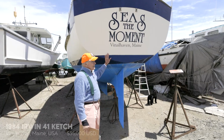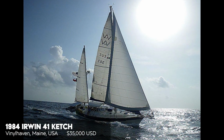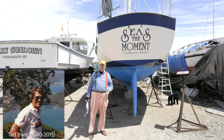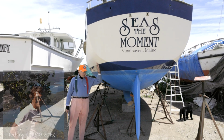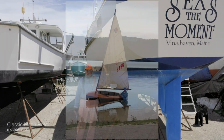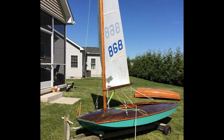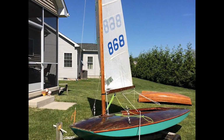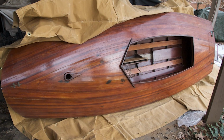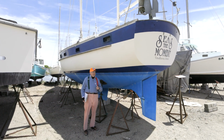We're looking at a 1984 Irwin 41 ketch. This was designed by a man named Ted Irwin, who was really quite a remarkable young designer. He originally grew up in New Jersey, where he built his very first boat, probably in the garage, and it was called a Moth. Moth was a boat that was originally conceived in the Australia, New Zealand area, and it just sort of caught on. I think even Randy saw one growing up next door to him in a neighbor's garage, because most of these were home built. And the captain actually sailed one back in the early 60s on a little lake south